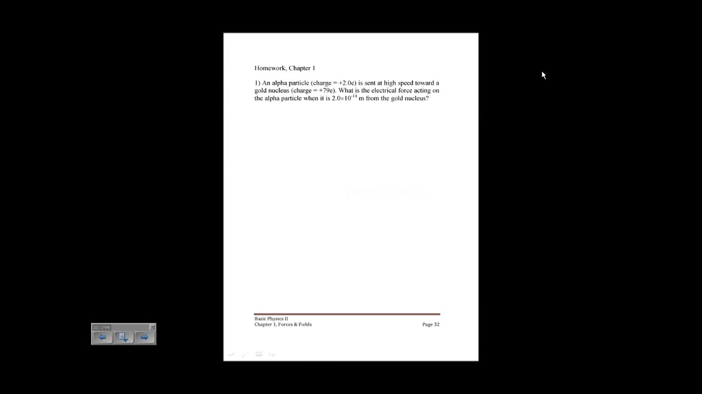Okay, this is Physics 102, Chapter 1 homework. It says an alpha particle has a charge of 2e. It's sent at a high speed toward a gold nucleus with a charge of 79e. What is the electrical force acting on the alpha particle when it's 2 times 10 to the minus 14 meters